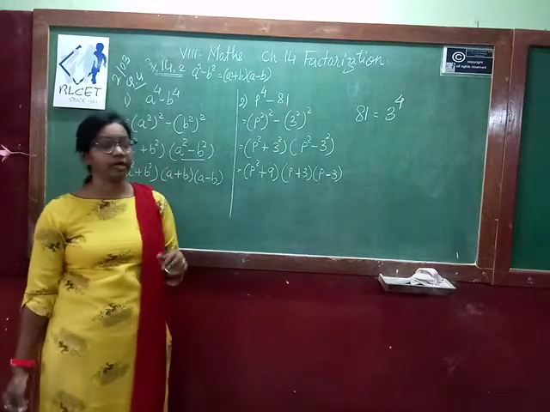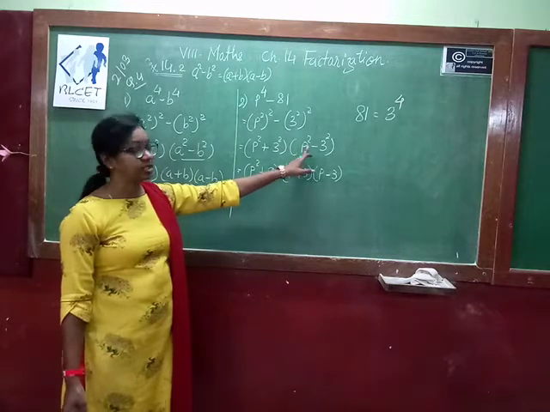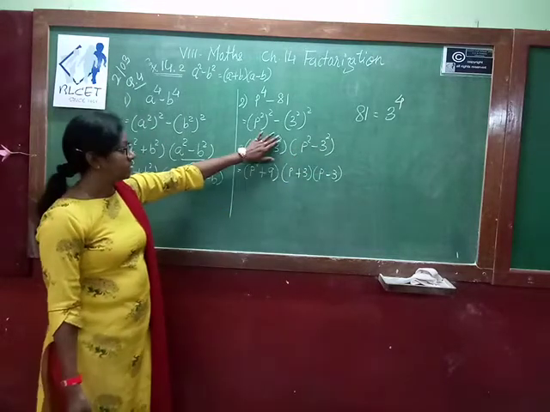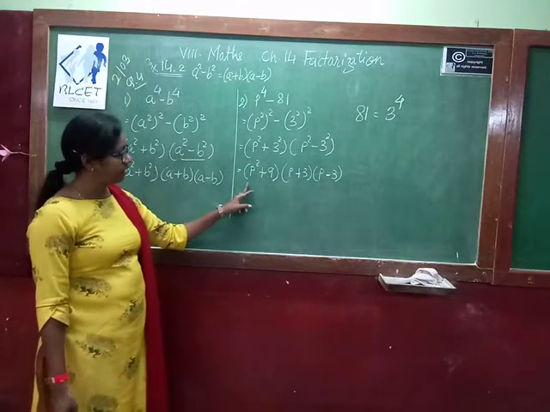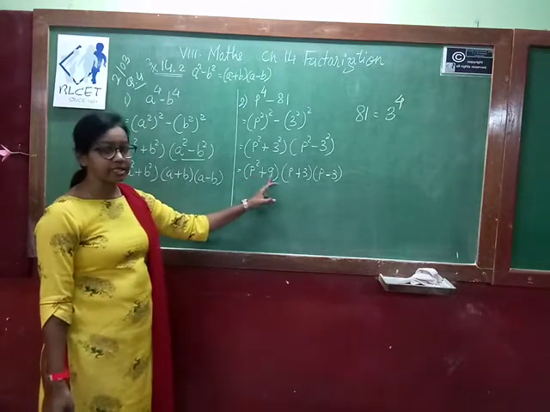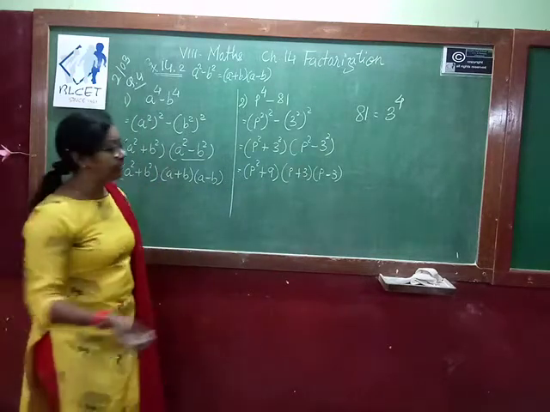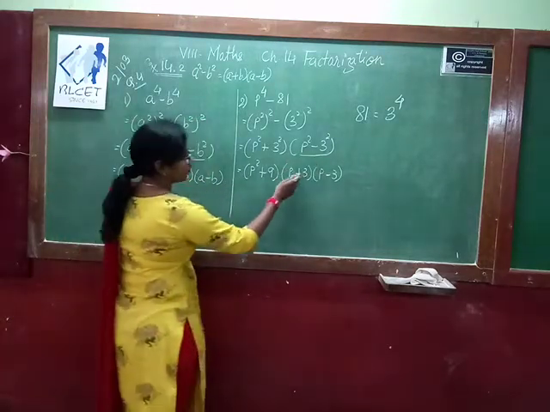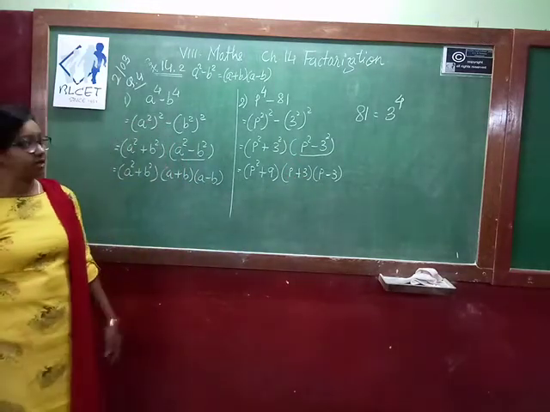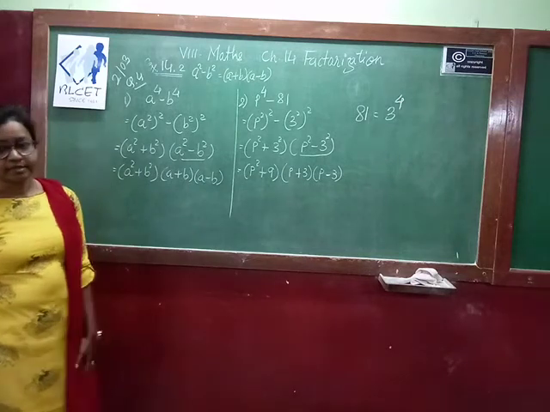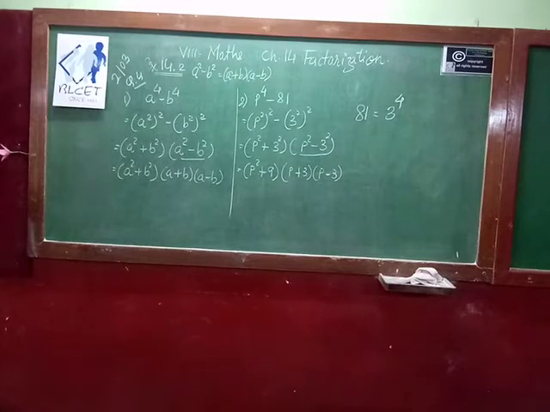So one time positive, one time negative. So p square plus 3 square in one bracket, p square minus 3 square in another bracket. This term remains as it is because it is positive, so we cannot do any further factorization. So we write p square plus 9. In another bracket, this again we can apply the a square minus b square formula for the second time. So one time positive, p plus 3, one time negative, p minus 3. So this way we can solve first and second question. Move on to the next question. Any query you can ask.